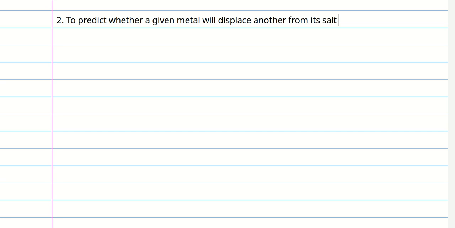One can also use the electrochemical series to predict whether a given metal will displace another from its salt solution. So what do I mean by this? Let's consider two scenarios where I have dipped